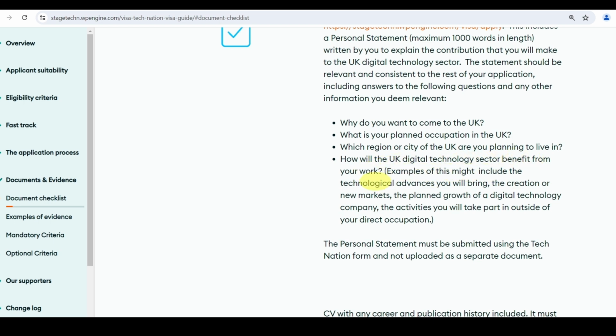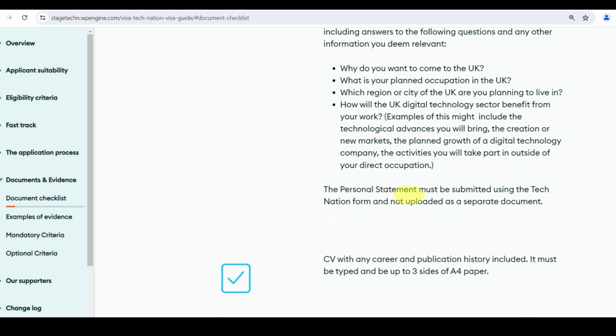Examples of this might include technological advances, the creation of a new market, the planned growth of a digital technology company, and the activities you will take part in outside of your direct occupation. The personal statement must be submitted using the Tech Nation form and not uploaded as a separate document.